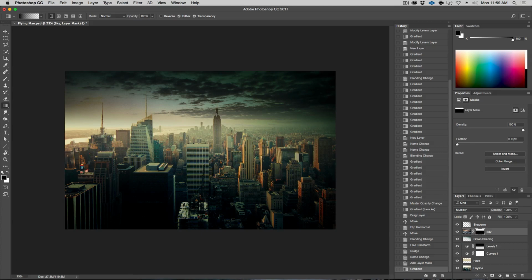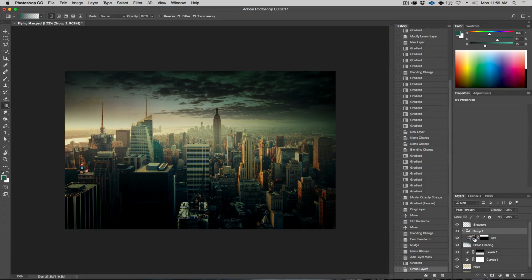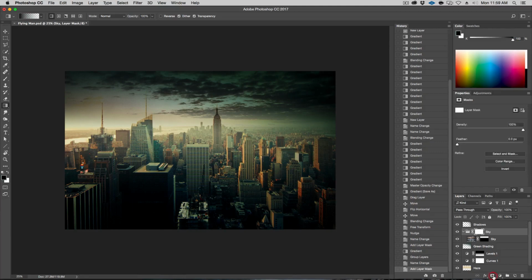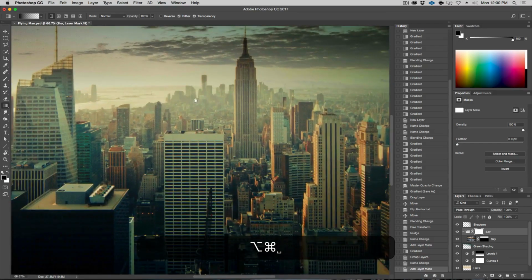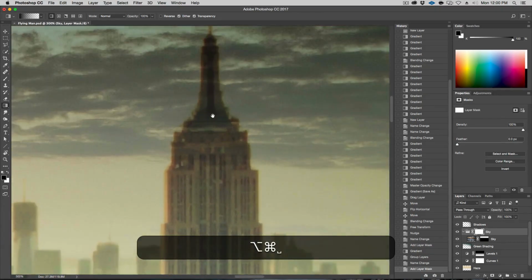Now, some of these clouds are going in front of this building, and I don't want to change this mask per se, but we could. And a nice way to not lose this mask is just create a group, so Command G, create group. See, this layer is now in this group. We'll call this sky, and then you add another layer mask to this group, so it's affecting everything that's within it. And in this case, let's zoom in a little bit. Zoom into 200% or 300%.